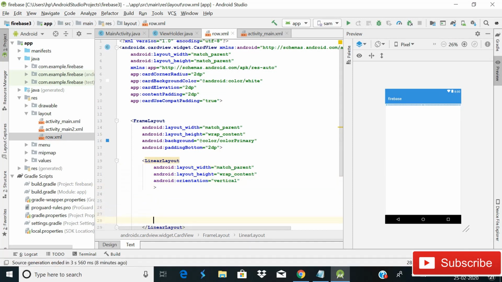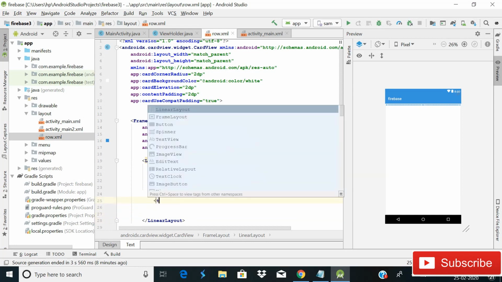Inside this LinearLayout, we will use a TextView for our title.